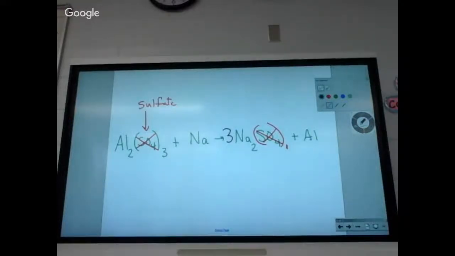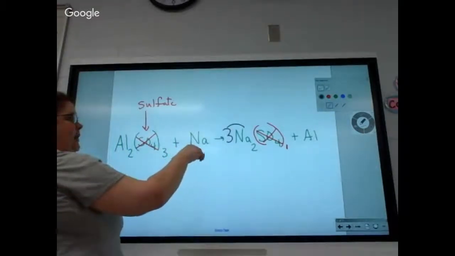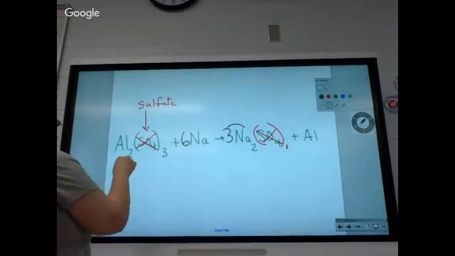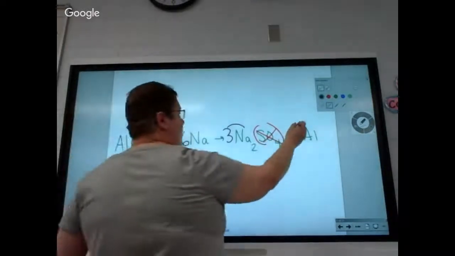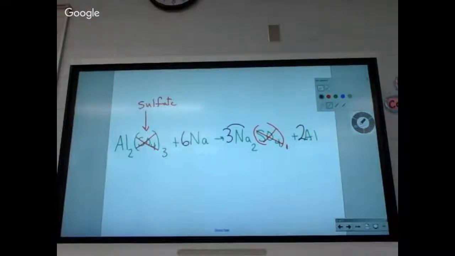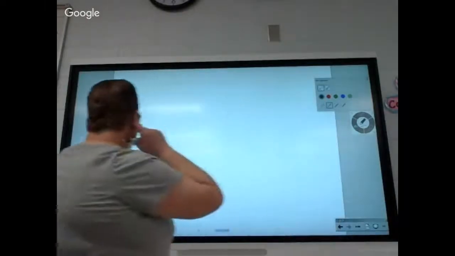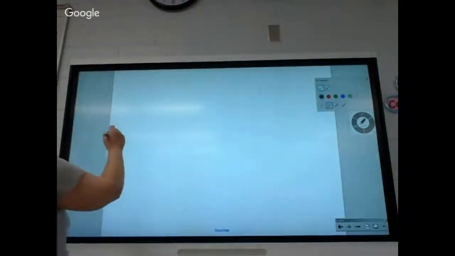They're done. Now I'm off to Na. How many NAs did I make? 6. I need how many NAs here? How many ALs are here? 2. So what do I put here? 2. Voila. Okay? I don't have to balance what's inside if I balance them as whole units. Does that make sense? Now, that makes it easier for us when we do questions such as